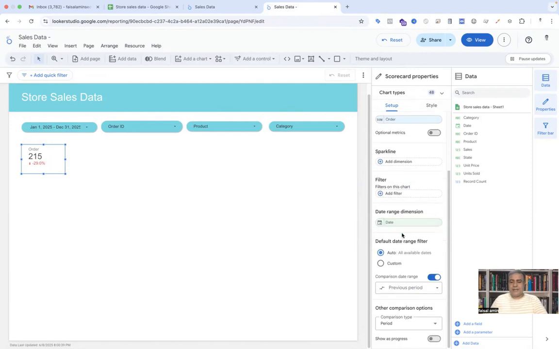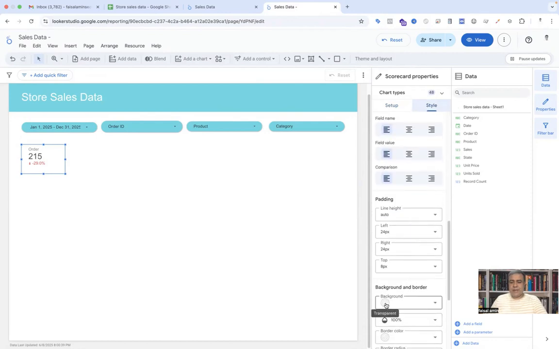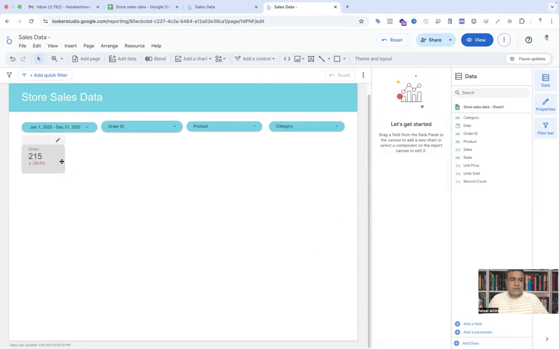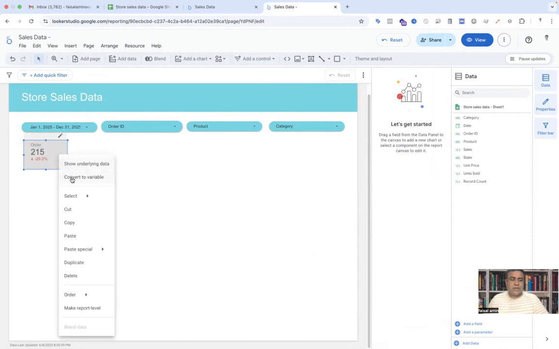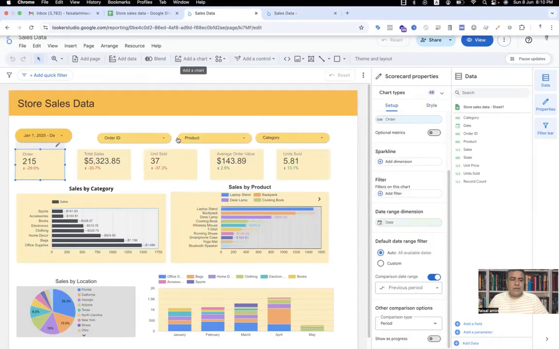In the style section, we have just changed the background. So we will go to the style and background, just adding the background on it. And the border radius will be 10, that will make the report look good. Yes. So we just right click on it and duplicate, to create another one, that is for the